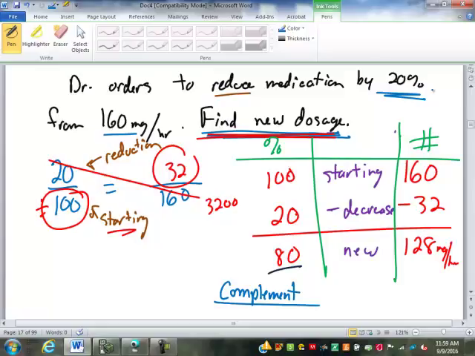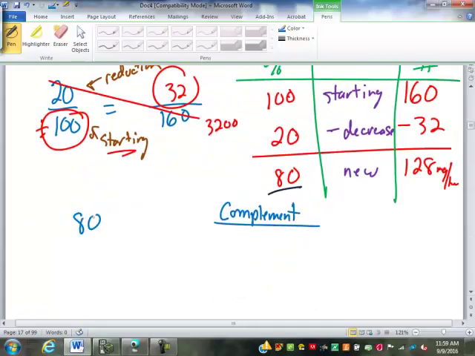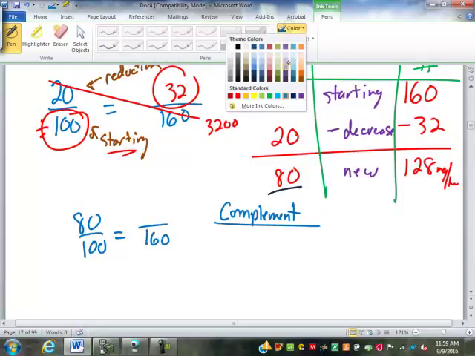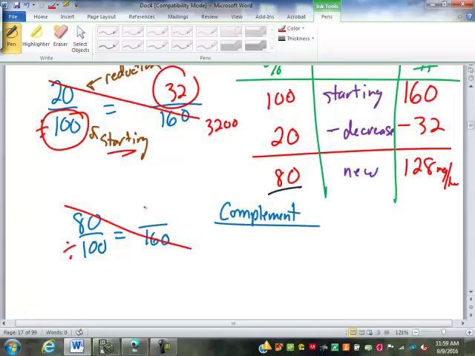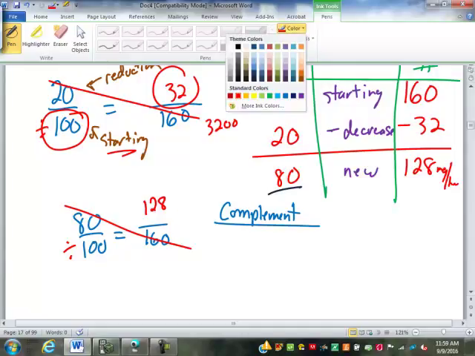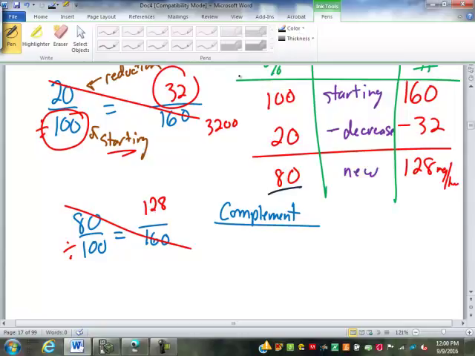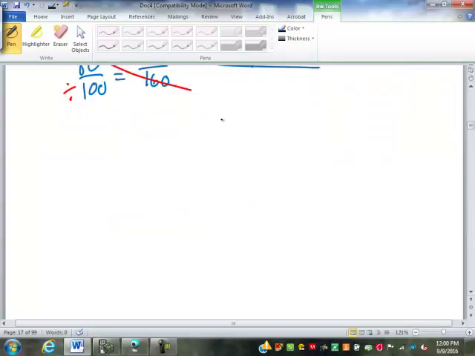And in this problem, it's not the 20% that we decreased that we're looking for. We're looking for the 80% that's left over. So we could have just found 80% of the 160. And if we cross multiply and divide there, we're going to end up with 128. Yeah, the 0.8 times 160, yes, that's fine. Now in this problem, like I said, it's about the same amount of work either way. But we do run into problems where we have to use that. For example,